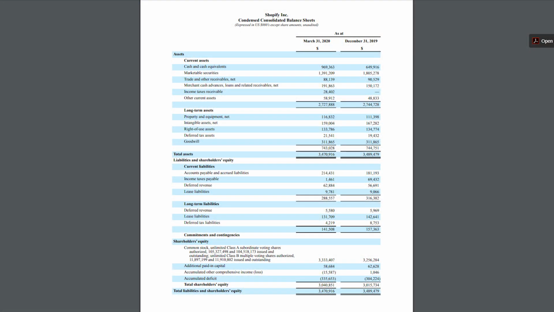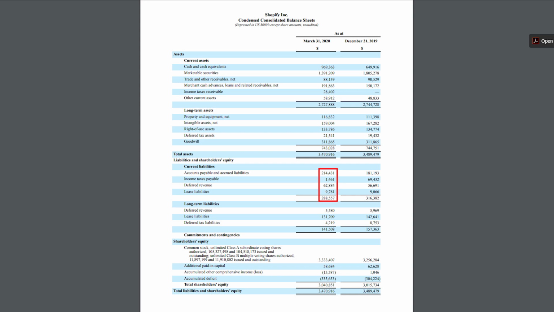So now I want to highlight two balance sheets that we're going to look over in this video. It won't take long. I just want to highlight to you a strong balance sheet versus a very weak balance sheet. So the solid balance sheet we're going to use is Shopify. The company currently has $2.727 billion in current assets and only around $288,550,000 in current liabilities. Essentially, if we look at accounts payable, income taxes payable, deferred revenue, lease liabilities, Shopify has